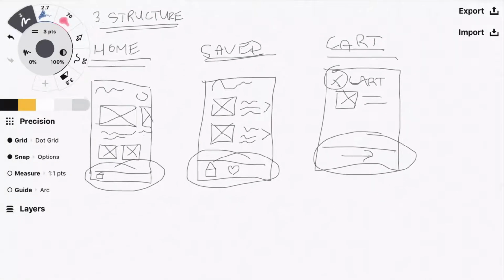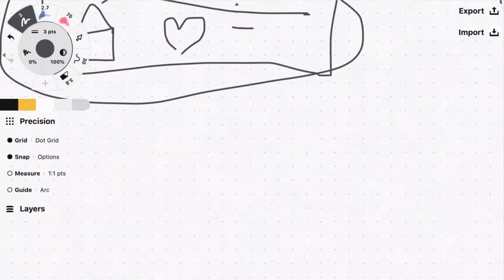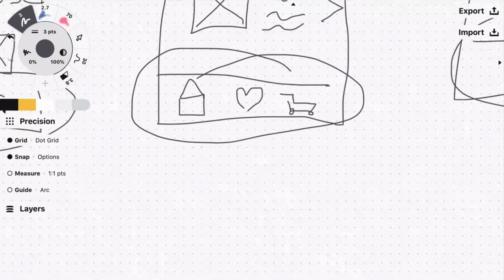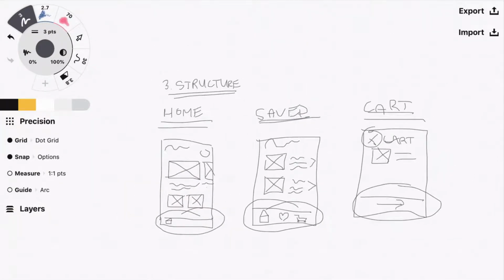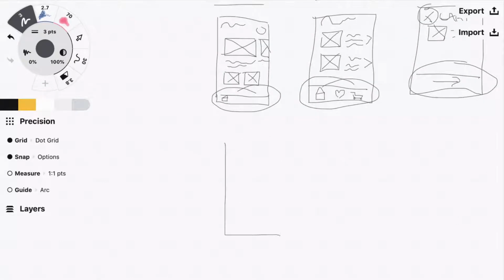So we have several navigation pieces over here. Cart could live in here as well. Let's draw a little cart. That's going to have to work. Okay, so now we know some basic navigation pieces that we like. Now we can start thinking about our home screen a little bit more. So if we redraw it here,